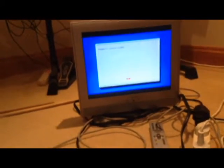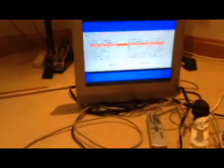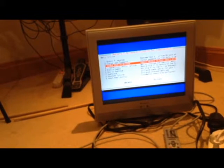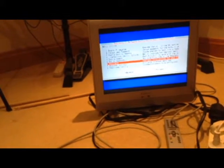Password changed successfully. And now you enable boot to desktop. I personally don't like that because I use SSH a lot, and I like to start off on the command line to do some commands. So now I